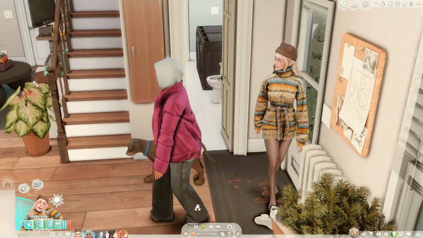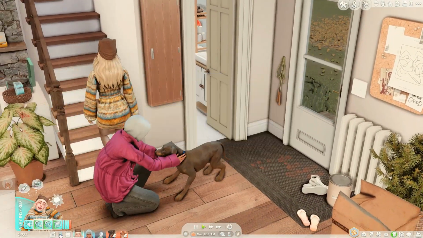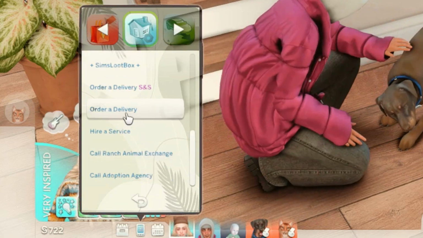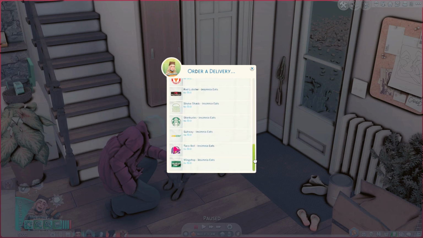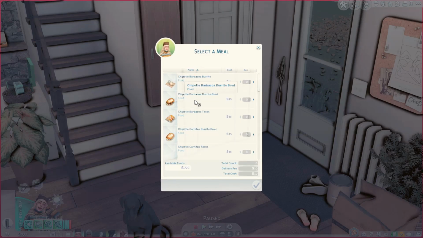With a new baby, they really don't feel like cooking dinner, so Blake is gonna get on her phone and click home and order a delivery. And you can probably see all of these new options with real places to eat. They're gonna go ahead and click Chipotle,